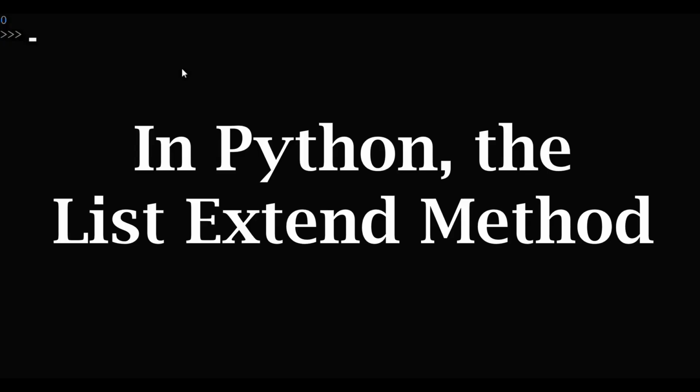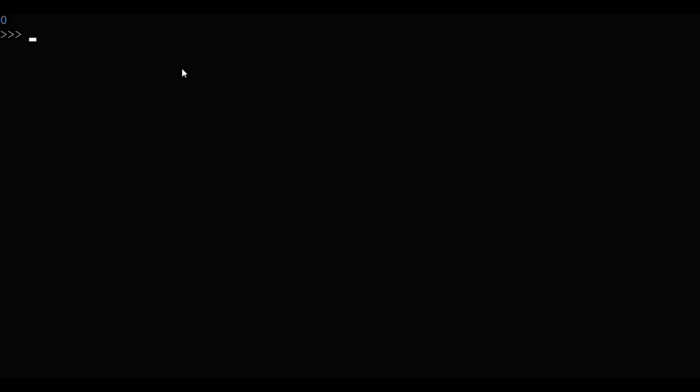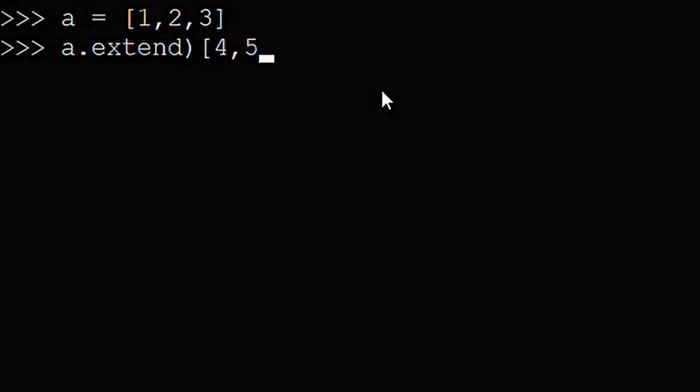In Python, the list extend method extends the list by adding items from a structure that can be looped over. Here's the most basic example. If we give ourselves a list A that holds 1, 2, and 3, then do a.extend and pass in a list that holds 4, 5, and 6, then the list A will now hold 1